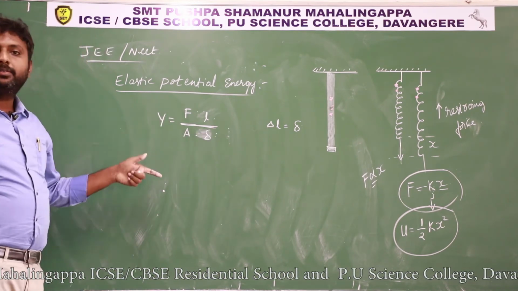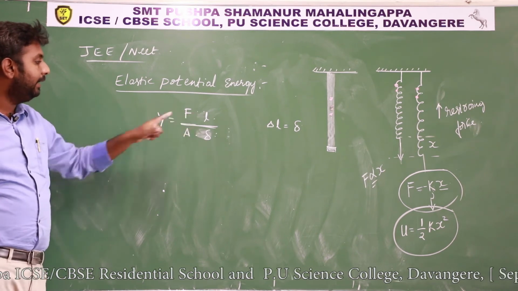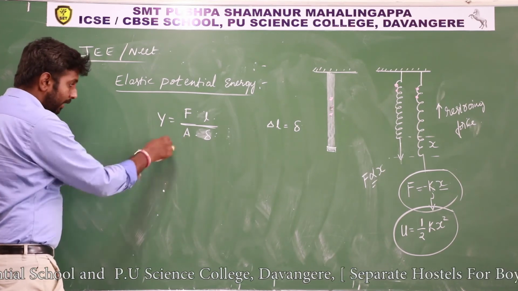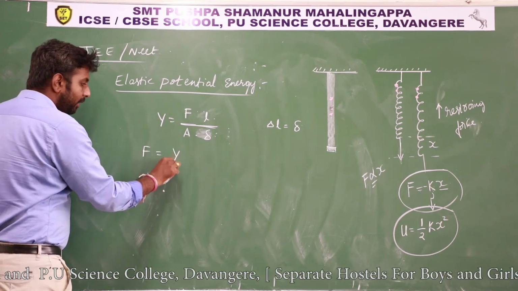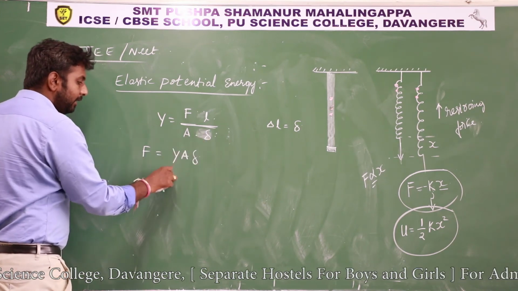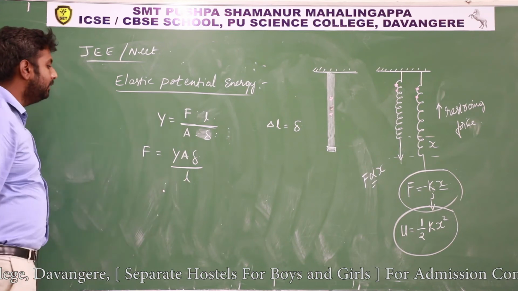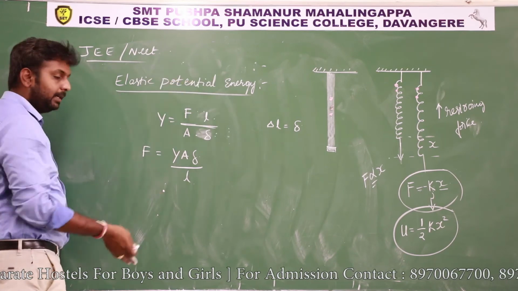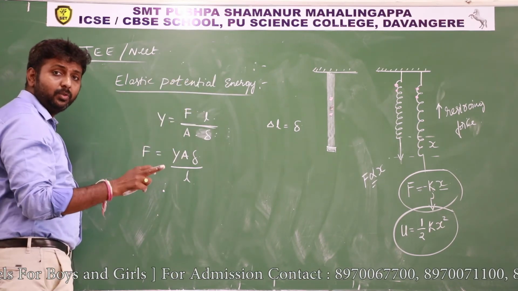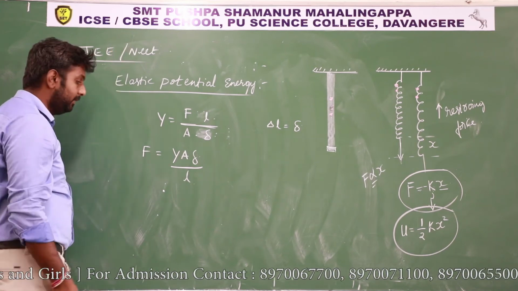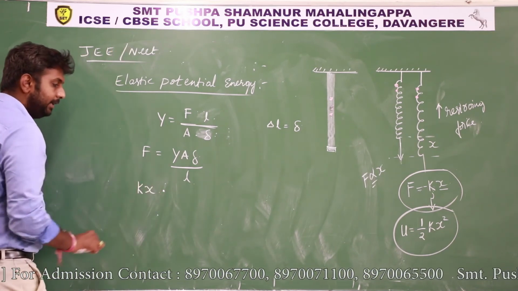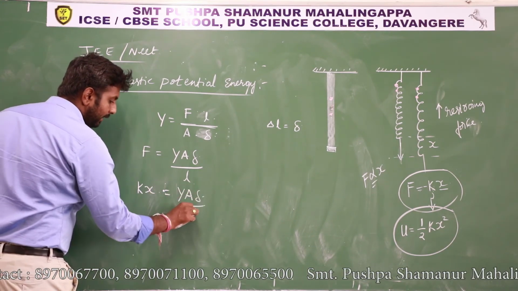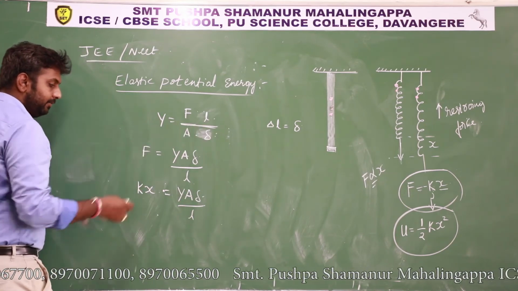So this is Young's modulus for solids, F by A, L by delta. Then in that formula, you can see the value of F equals Y A, this elongation delta divided by the original length L. And here also the restoring force will develop, right? The negative sign is for the restoring force being in the opposite direction to displacement. So just the magnitude, I will take K into X. K into X is equal to Y A delta divided by L. This is the value of F.